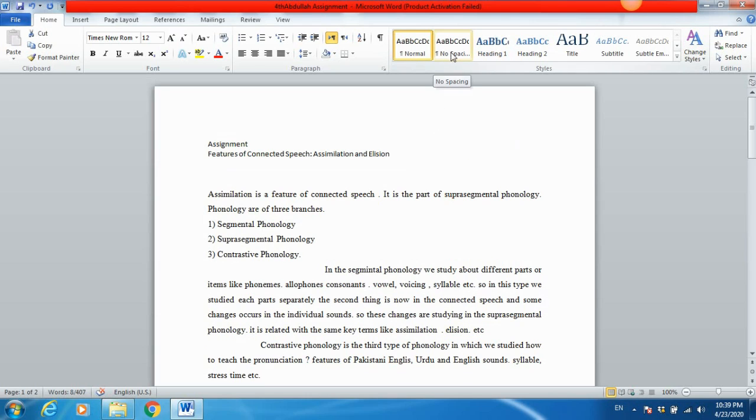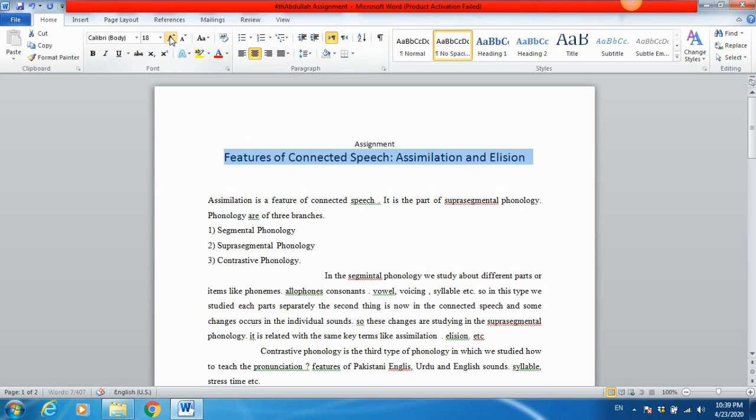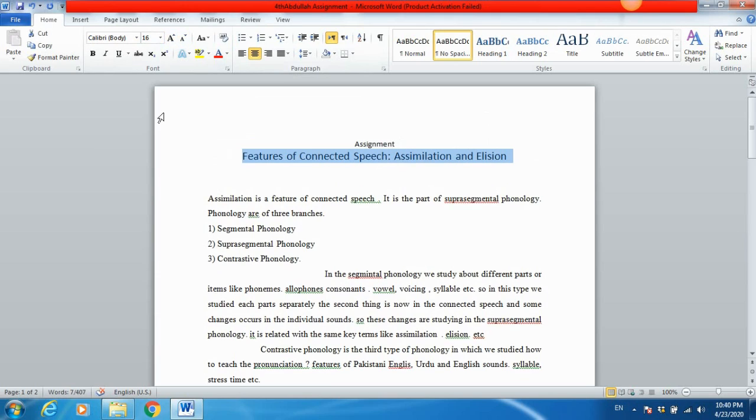Okay, so after doing this, we are going to center this text, and after this again select this lower line, and then give it a font size, you can say 18 or 16. I think 16 is okay. Now boldface. Now you can see that these two lines, these two sentences should be again set to Times New Roman.